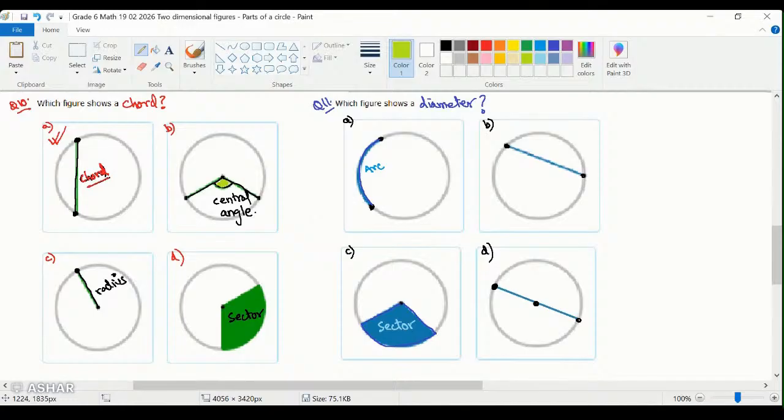See, a chord is a line that touches the circle internally at two different points. So if I say this is a line touching the circle internally at two distinct points, right? Agreed? But if I use the same definition, is this also touching the circle internally at 2 points? Yes, your answer is correct, Ashik, option D. But my definition was a chord, look at this, touches the circumference